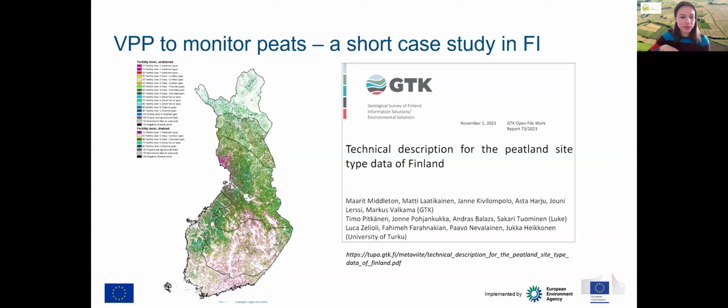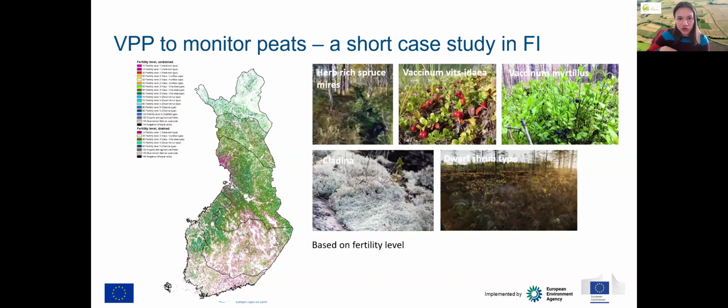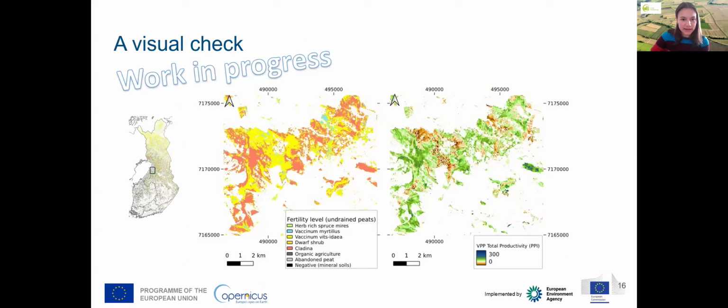You can go to the next slide, please. So here you can see that certain peatland types are linked to different fertility levels, and we wanted to conduct a similar analysis as I just showed you regarding the tree species analysis. However, it is still a work in process. You can go to the next slides. It's still a work in process. We are now processing all data and looking at the results, so I cannot really show anything about that yet,